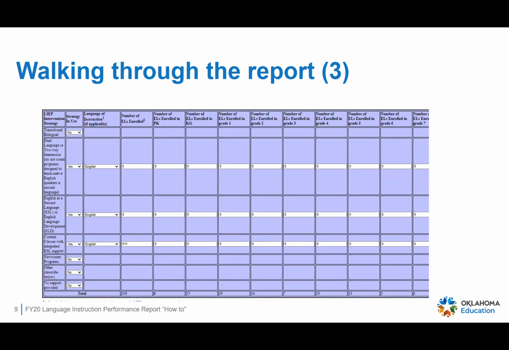If you click yes, then the box will open up here asking the language of instruction. So in a transitional bilingual, that might be a language other than English. For content classes, that's going to be English and so on. So a box will open up here, put in a language, and then we have